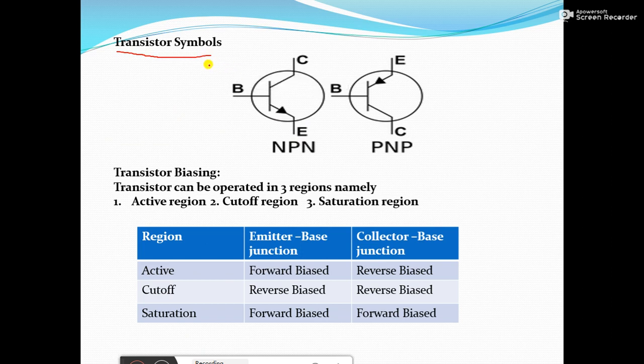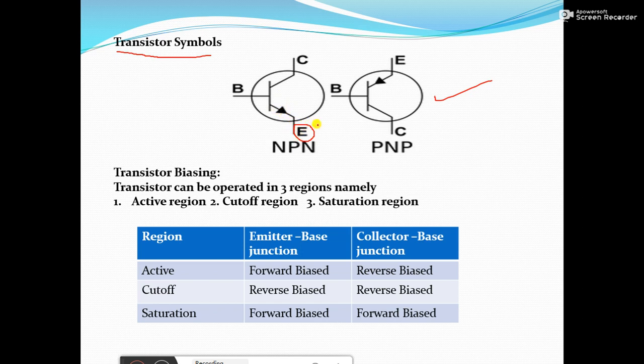Remember, since a transistor is a 3-terminal device, it is represented in this fashion. Here one should show the current direction. The current direction should always be shown at the emitter terminal. Remember, in case of an NPN transistor, the current flows towards the emitter. The arrowhead here indicates the current flow direction.